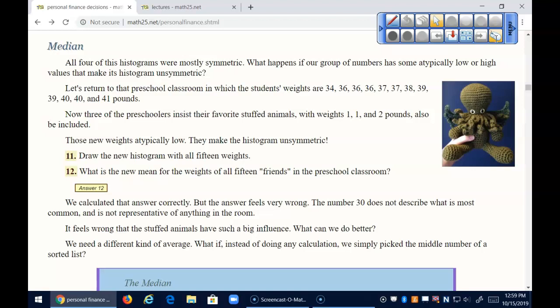Get out a piece of scratch paper by yourself or with somebody around you. Sketch. Don't be a perfectionist with art. Just sketch real quick a sloppy histogram with 1, 1, 2, 34, 3 36s, 2 37s, a 38, a 39, another 39, 40, and another 40. See if eyeballing it gives you a correct balance point. Actually add things up and divide by how many to double check.